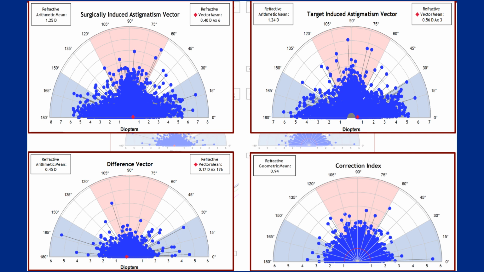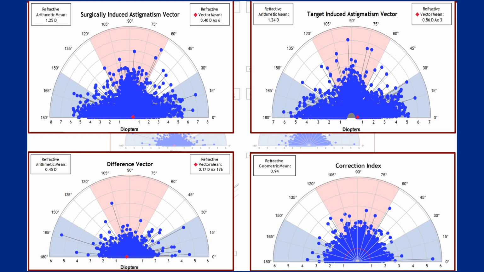using a geometric mean, which it does. So the correction index is either 1, or below 1, or above 1. If you get a correction index below 1 and you want to refine your nomogram, you use what we call the coefficient of adjustment, which is just the inverse, also using a geometric mean, and then you can adjust